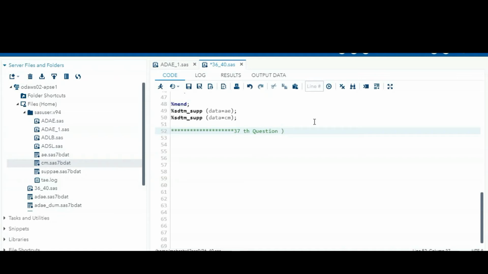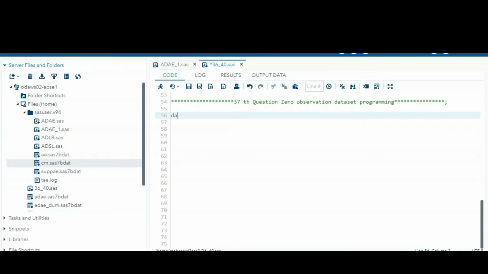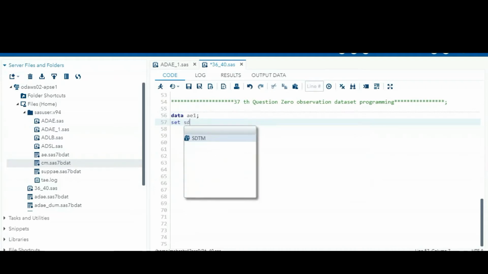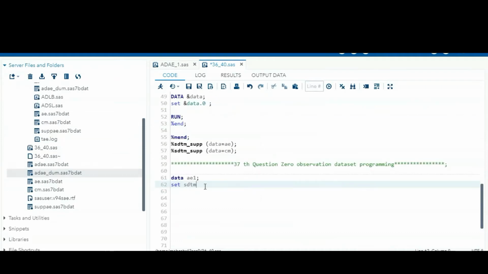So, a 0 observation data set program. For example, data AE1; set SGTM.AE_DE.